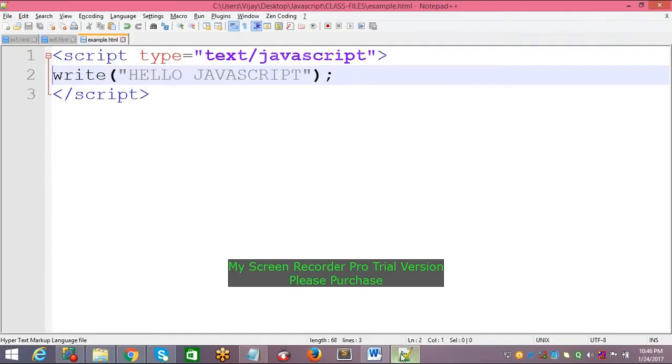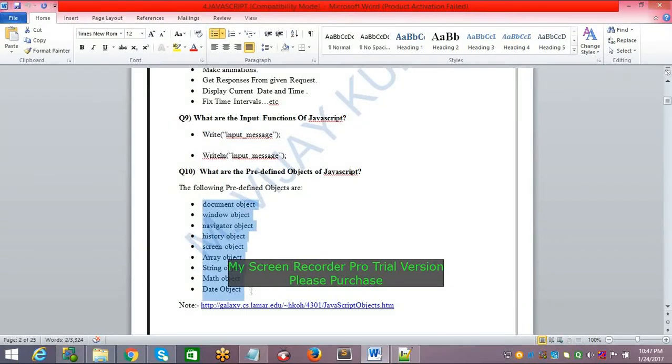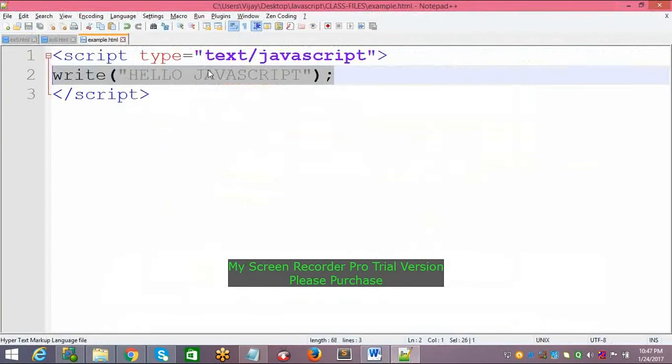Why? Because if you write any statements in JavaScript, by default they can't execute. A browser cannot understand those functions directly to display any result. That means every JavaScript function, property and attribute, whatever it may be, is executed by some predefined objects that are available. So what are these objects called? With the help of these objects, we can execute every JavaScript function or statement, that means a browser can execute. But without a predefined object, a browser cannot execute any JavaScript statements.